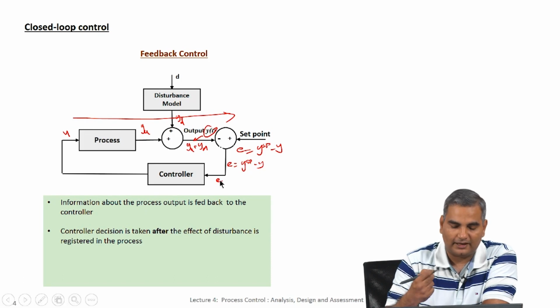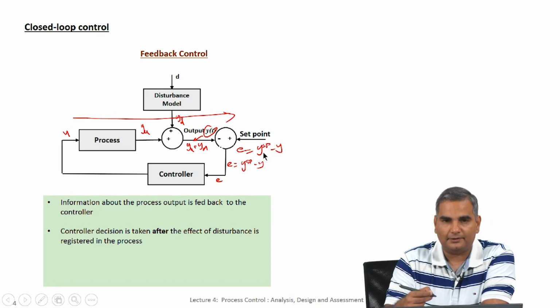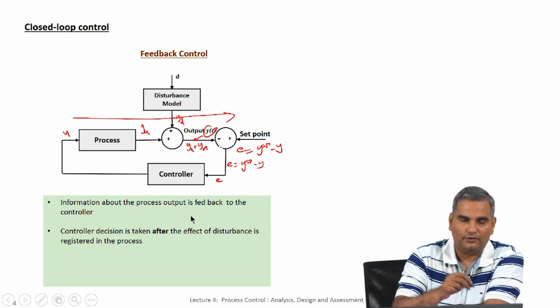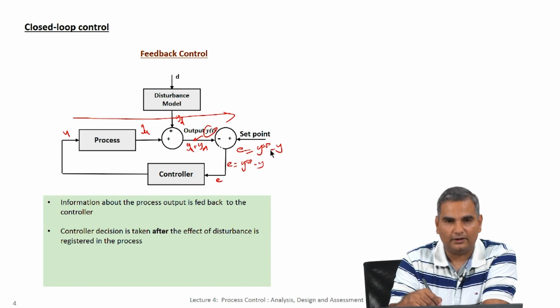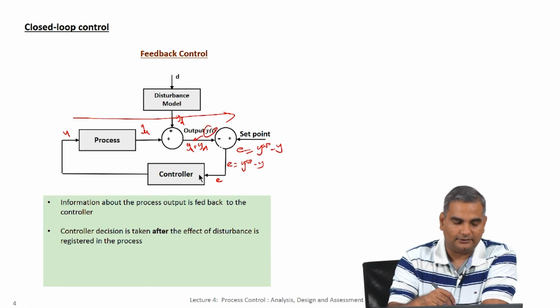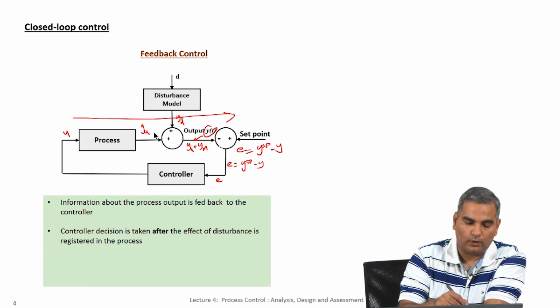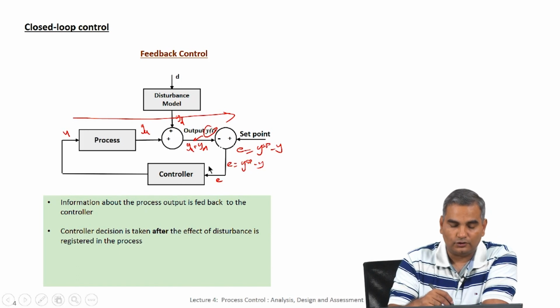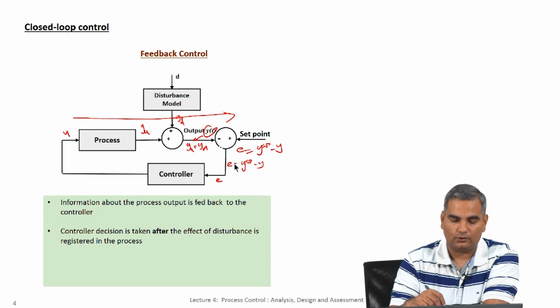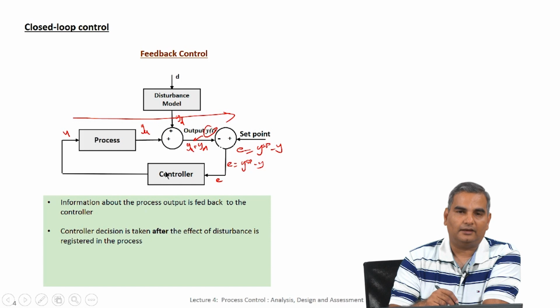So, for example, if this error is 0, that basically means y and y set point are the same. So, y equal y set point. So, the controller could say look, this error is 0, so everything is fine and dandy, I do not have to do much, right. However, if the error is not 0, that means there is a mismatch between the set point and the output. So, that should trigger the controller to act, and the way the controller acts is by changing the u value. So, that this u changes and then this loop keeps going on, and this controller should ideally stop acting only when the error goes to 0. So, this is the feedback control loop, and the thing that we are feeding back here is the error.